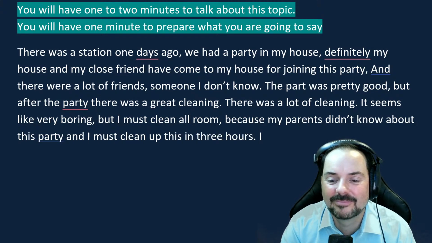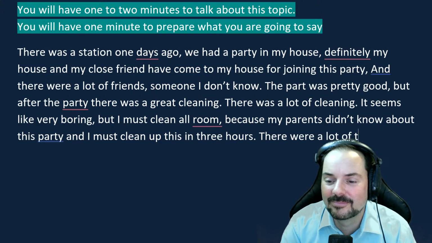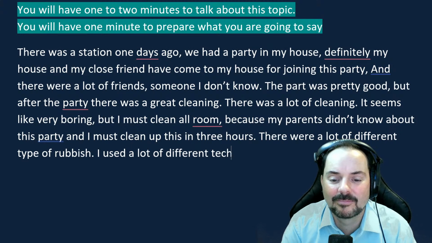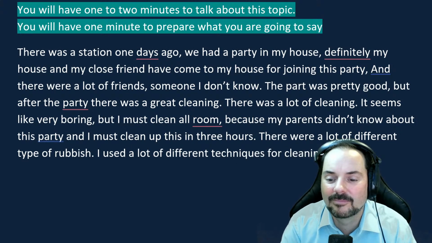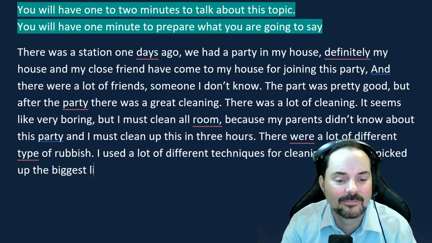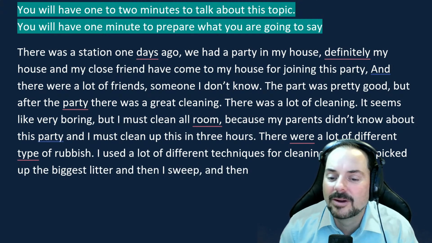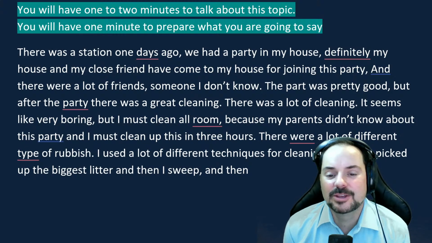There were a lot of different types of rubbish, and I use a lot of different techniques for cleaning up. I picked some of the biggest litter, and then I sweep, and then